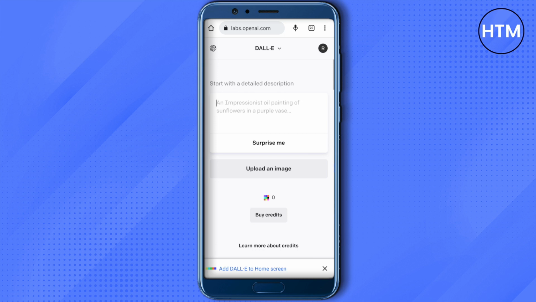And also you can use this option of Upload an image in order to upload an existing image, and after that you will be able to edit it as per your needs and requirements, and it would be quite easy. And you can also buy the credits over here by clicking on this option of credits, because basically